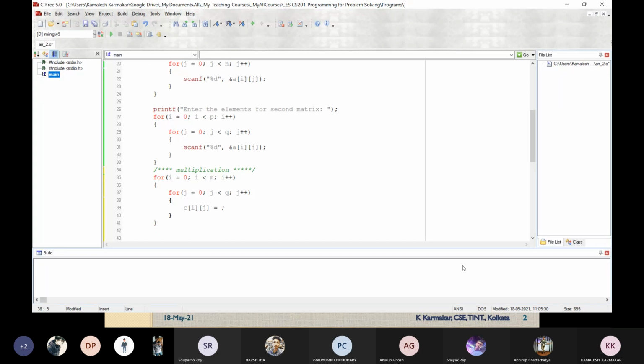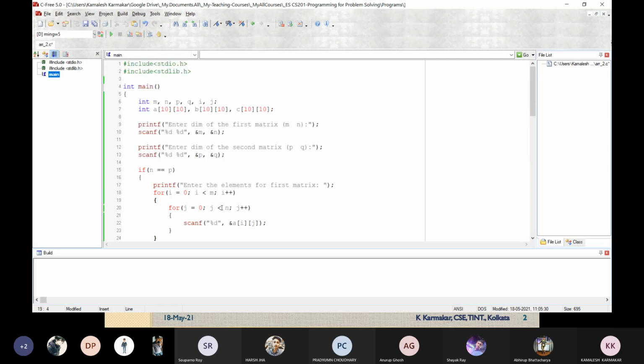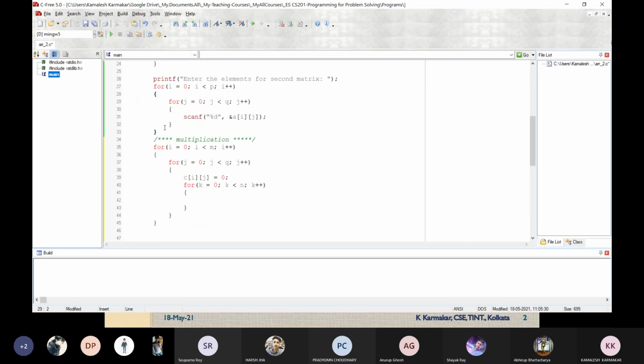So what I can do, I'll initialize this value Cij to 0. Then I will write another loop for the multiplication, because n number of times this loop should run. So I'm going to declare another variable k: for k equals 0, k less than n, k plus plus. First thing is I have to declare another variable k. Back here, the value of Cij is being calculated.